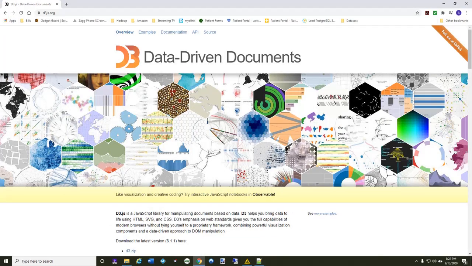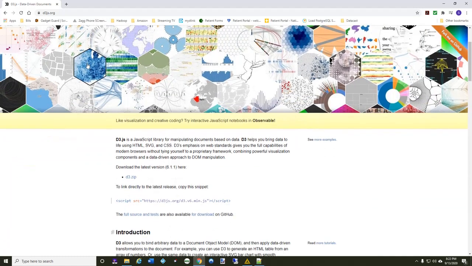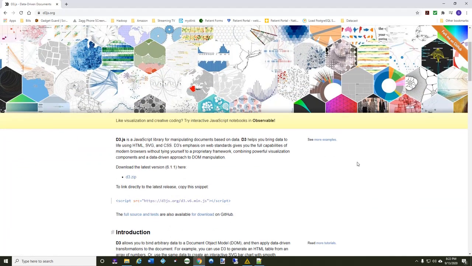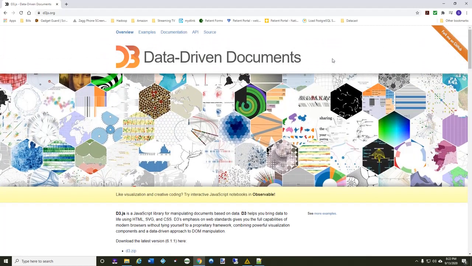There is a library that KNIME interactively supports directly called the Data Driven Documents, which is d3js.org. It is a very powerful set of visualizations that go far beyond just simple line charts and box charts. I want to show you a handful of these. If you come to here, you're going to see in this website, the great part is this is completely documented. Everything you want to know about how to do this is written directly in. You can go into their examples. I'm going to open this in a new tab. And within their examples,